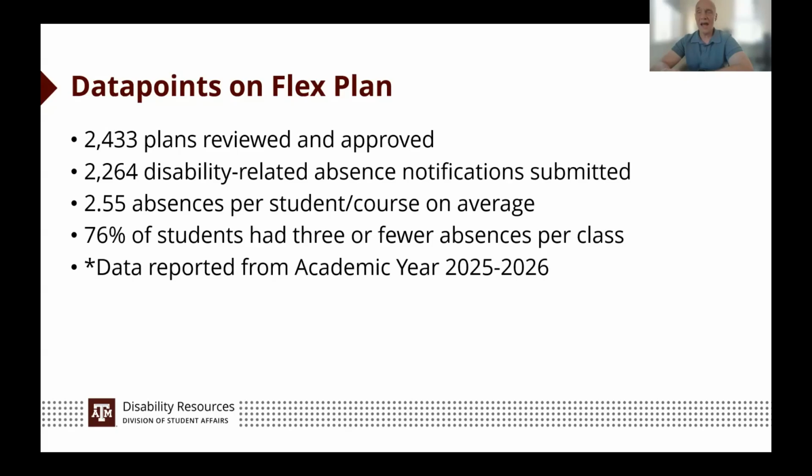And from that 2,264, we see that on average across classes, students use the accommodation 2.55 times in a class, and right around 76% use the accommodation 3 or fewer times in a class. This data is really important. I think a lot of times we think about sort of the chaotic situations where, and it doesn't even have to be disability or accommodation, where when we say flexibility and students like not there for half of the semester, that's not the kind of flexibility we're advocating for, and it's not the kind of flexibility that's being operationalized by the accommodation. The data would suggest that most students use this accommodation 3 or fewer times, right?